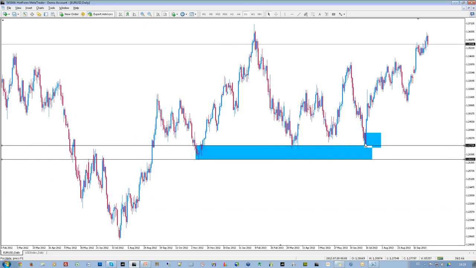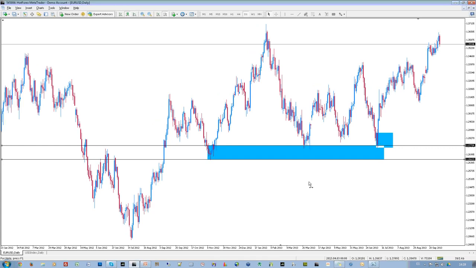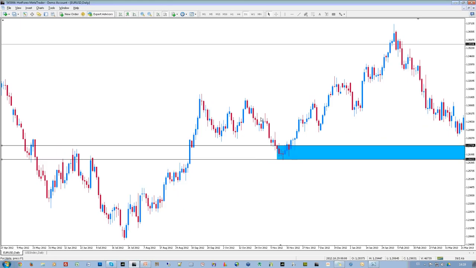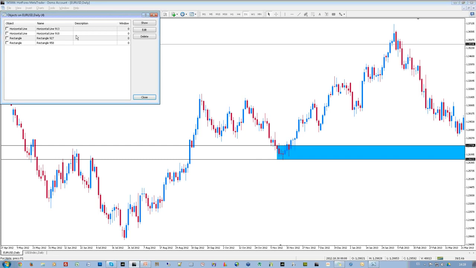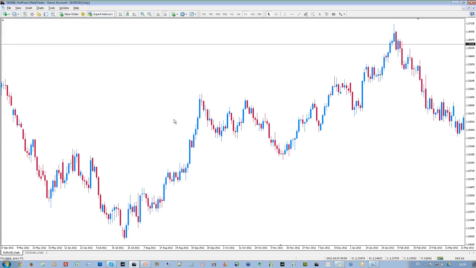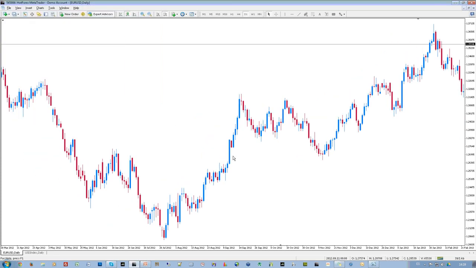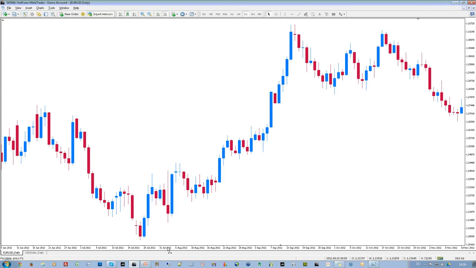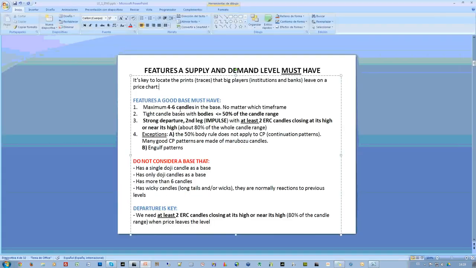That daily area is a second retest. This is fresh. It looks good because it removed this area, so this area is strong over here. Okay. Look at this daily continuation pattern over here. It stands out. See, this is the exception I was talking about before for the basing right here for the CPs,